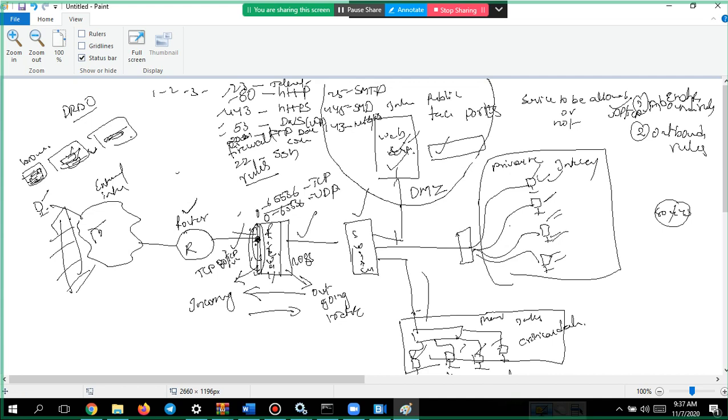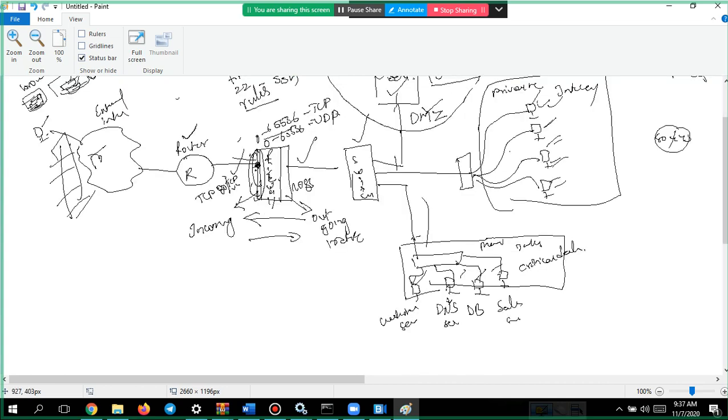Now remember guys, one important point: in any organization, all the public facing servers are present in the DMZ. The critical data will always be in the private network, like the databases, some kind of sales servers or customer database.